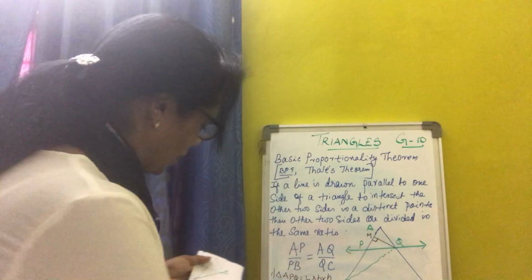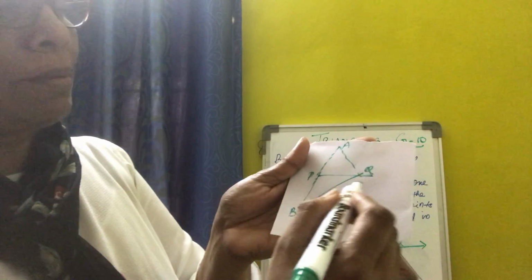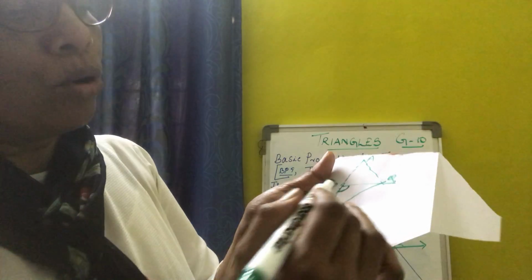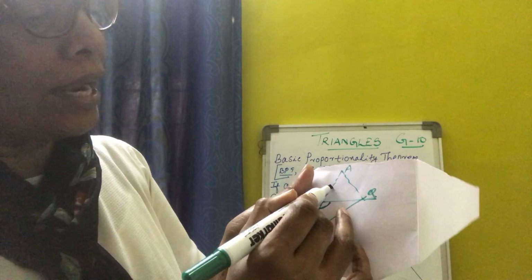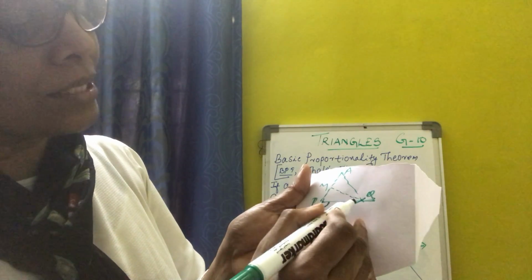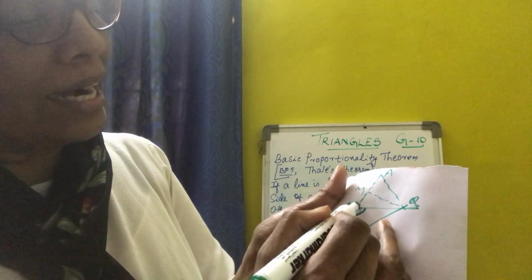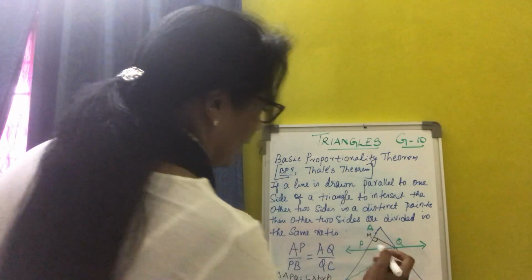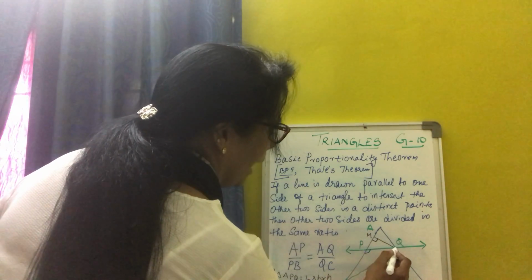For your confirmation, I am drawing the triangle BPQ here. Can you see the BPQ? This is an obtuse angled triangle, more than 90 degrees. So here the height is outside. QM is the height of this particular triangle, and the base is PB. So the height is this QM.